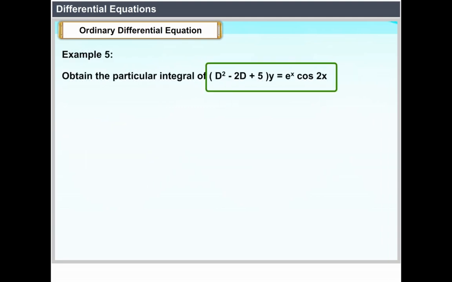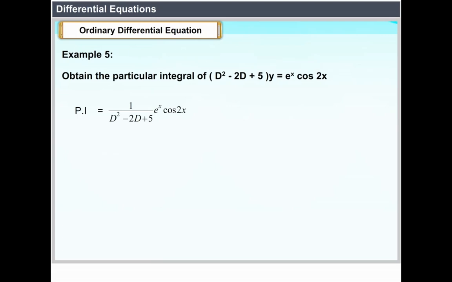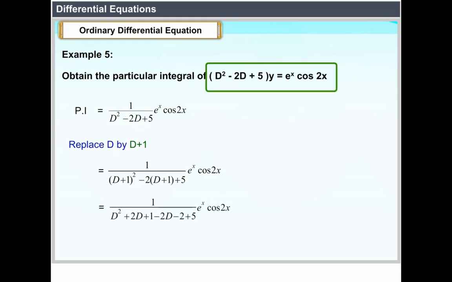Example 5. Obtain the particular integral of (D square minus 2D plus 5) into y equal to e power x cos 2x. PI equal to 1 divided by (D square minus 2D plus 5) into e power x cos 2x. Replace D by D plus 1: equal to 1 divided by ((D plus 1) whole square minus 2 into (D plus 1) plus 5) into e power x into cos 2x equal to 1 divided by (D square plus 2D plus 1 minus 2D minus 2 plus 5) into e power x cos 2x